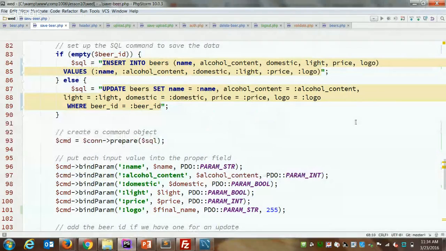We still want to modify our beer page because we're uploading the logos, but those logos never show up on our website. The whole point of uploading them is so that other users can actually see those logos. So we just need to make a quick change